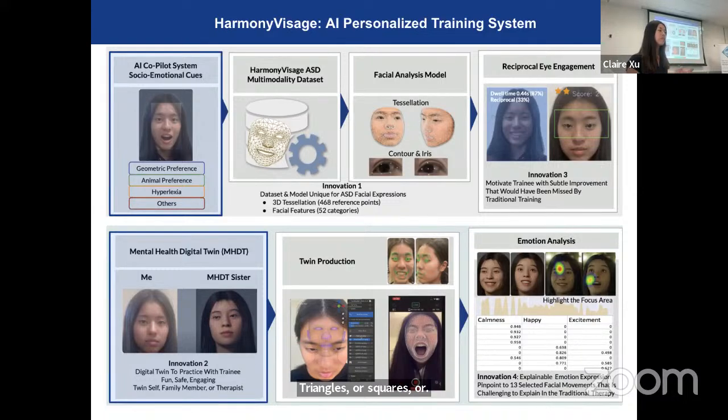The second one is animal preferences, since I saw some children prefer different animals like cats or dogs, because one of them told me that when they look at an animal, they're not overstimulated by the subtle movements or features of the face. But when they look at a human face, they may be overstimulated because there are too many emotions overwhelming them. And the third one is hyperlexia, which is those with ASD